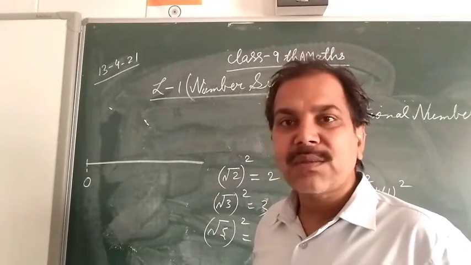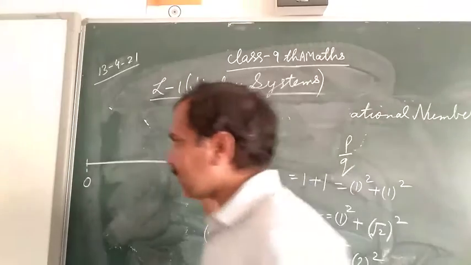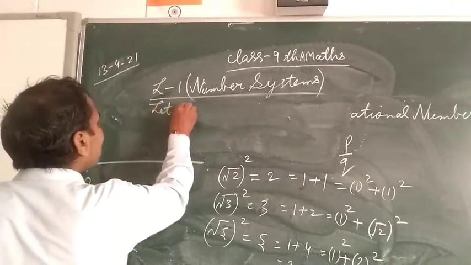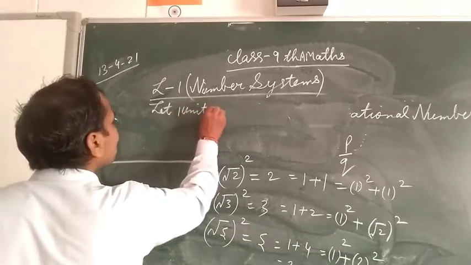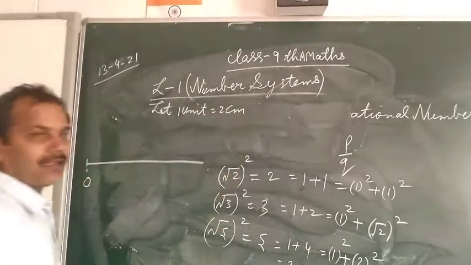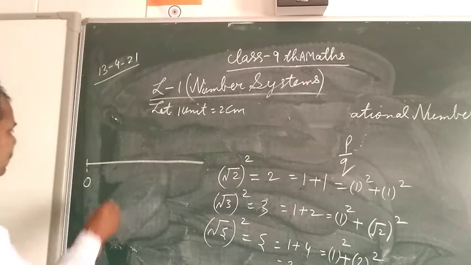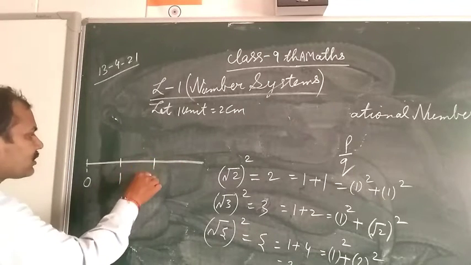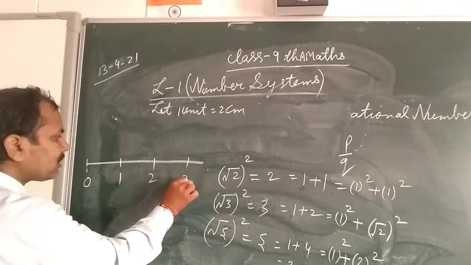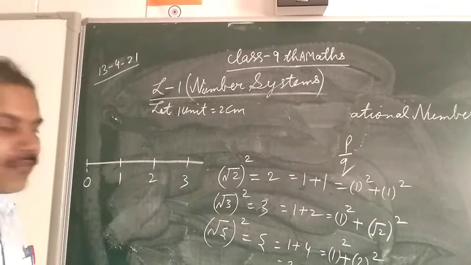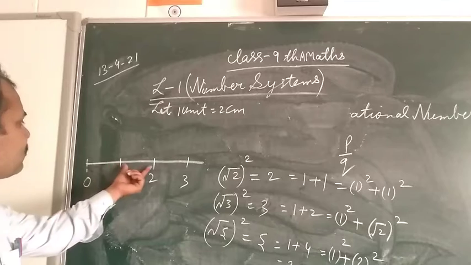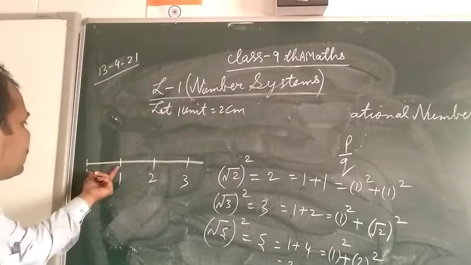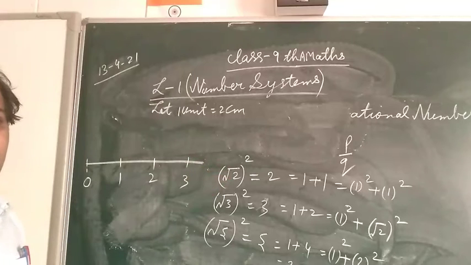So what you are supposing, first you write here. Let 1 unit equal 2 centimeters. So you mark on this 2 centimeter, you will write 1, then 4 centimeter 2, 6 centimeter 3, like that. Clear? This 2 centimeter, 2 centimeter, 2 centimeter. If suppose 3 centimeter, then you take 3 on that.